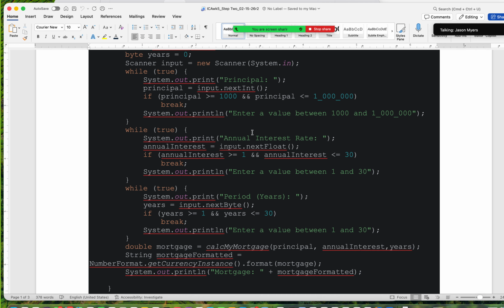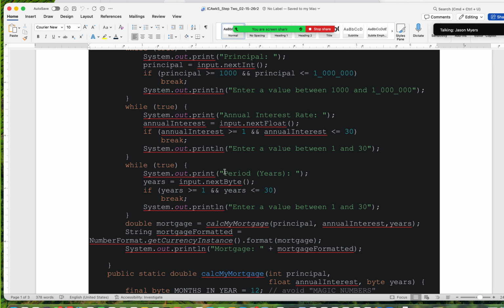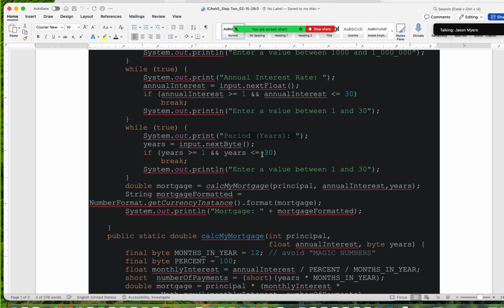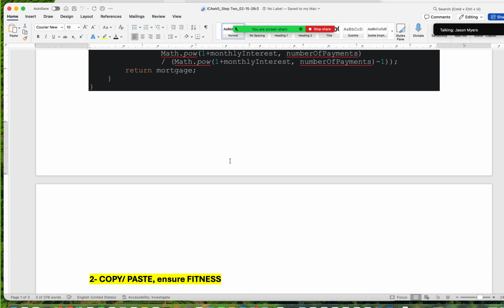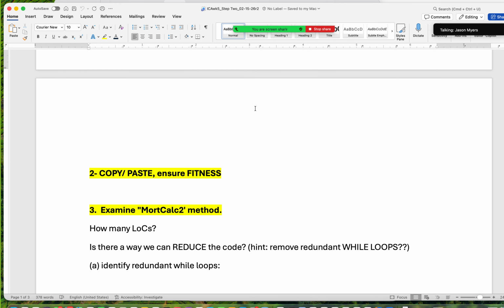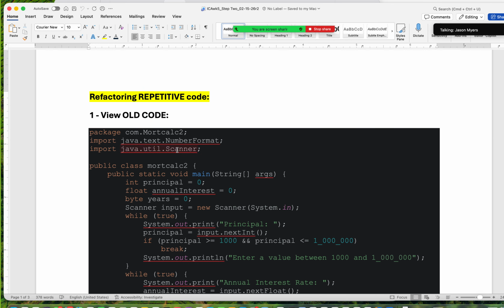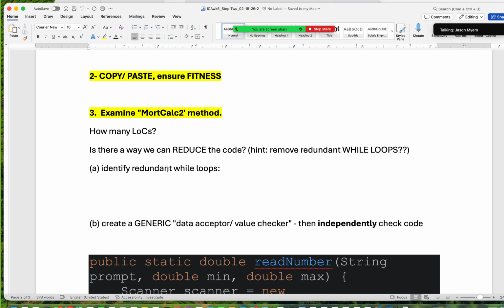Anyways, same thing. We have it for principal. Same thing for annual interest rate and for period. And it just seems like they're going through the same while loop. And then of course we had already figured out the fact that we can remove the mortgage and put that in its own method right here. So we examine in that first method how many lines of code there are, and identify the redundant while loops,